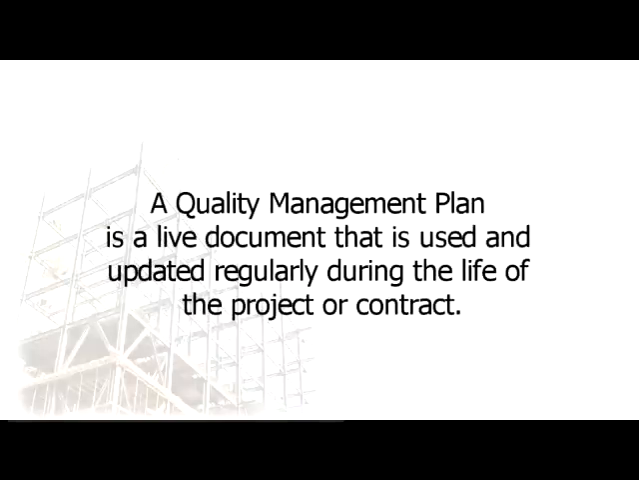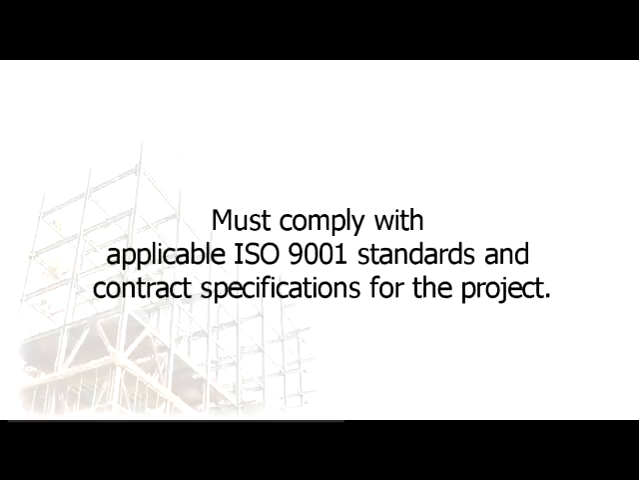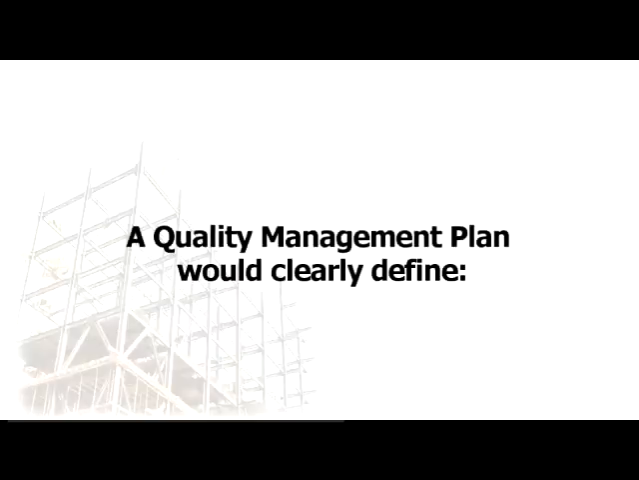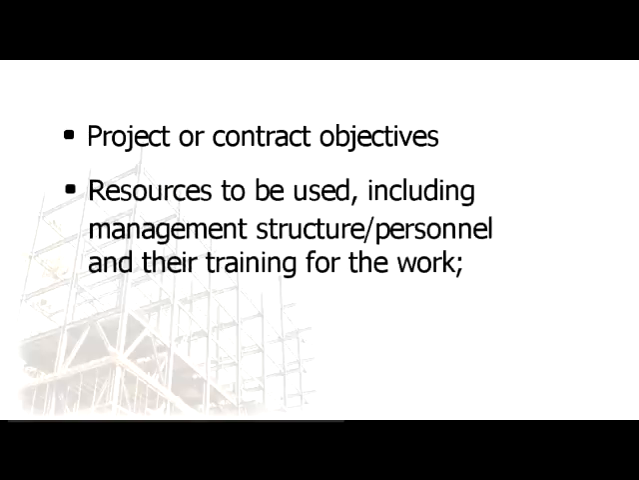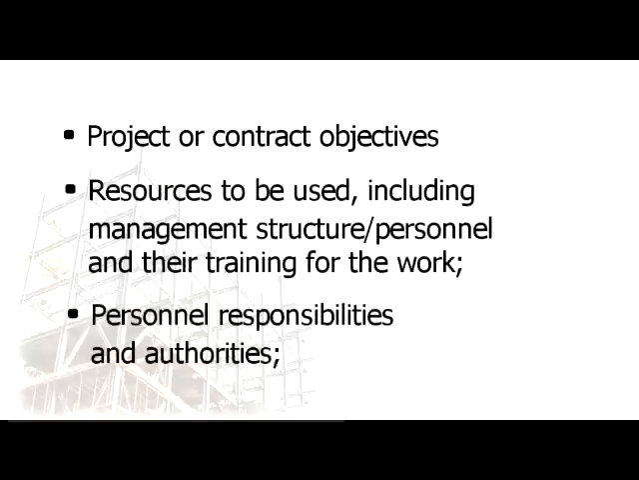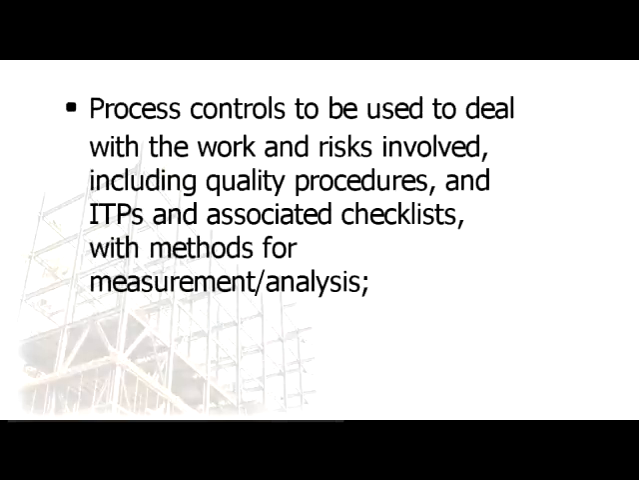A quality management plan is a live document that is used and updated regularly during the life of the project or contract. The quality management plan must comply with applicable ISO 9001 standards and contract specifications for the project. A quality management plan would clearly define project or contract objectives, the resources to be used including management structure, personnel and their training for the work, personnel responsibilities and authorities, process controls to be used to deal with the work